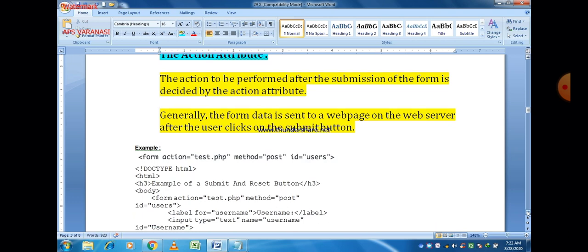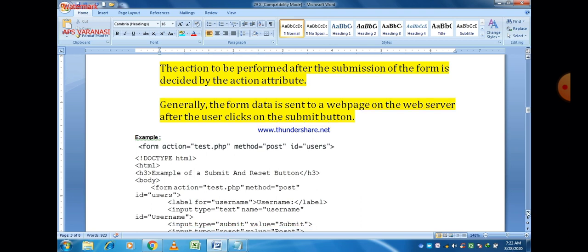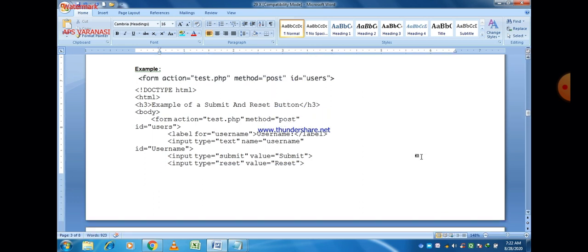And the program is here, in which you can easily see that action is equal to test.php is given, and it is an optional attribute. It is an optional attribute.